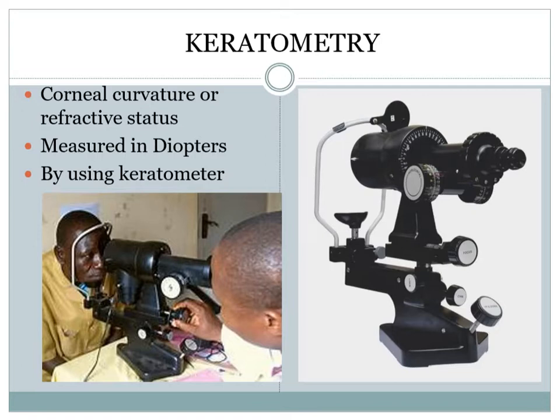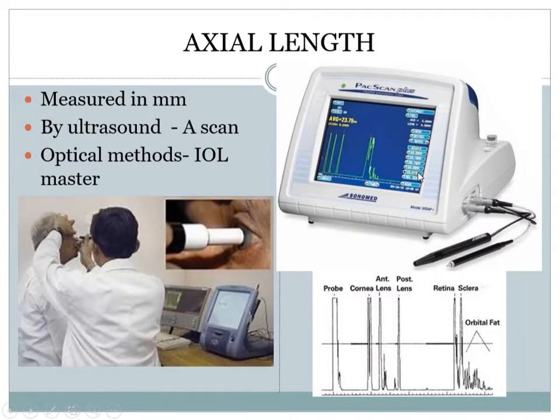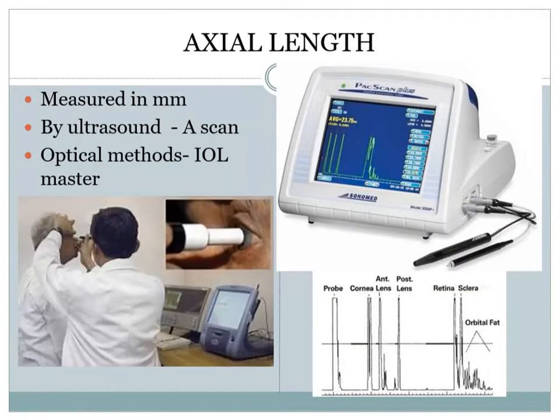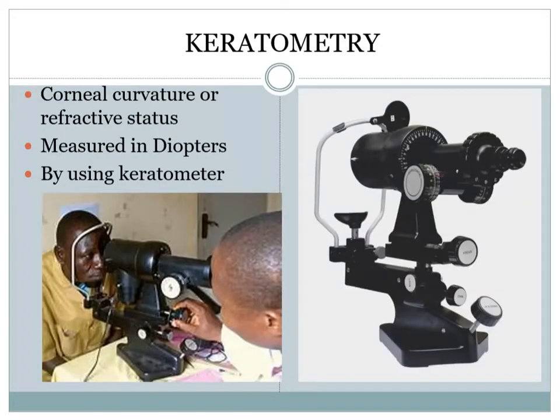Okay. So this instrument which you are seeing on the right side is a Bausch and Lomb manual keratometer. You also have automated keratometers. Both are used for, basically a keratometer is used for measuring the curvature of the cornea. So you have on this instrument, see, this knob what you're seeing is the scale.